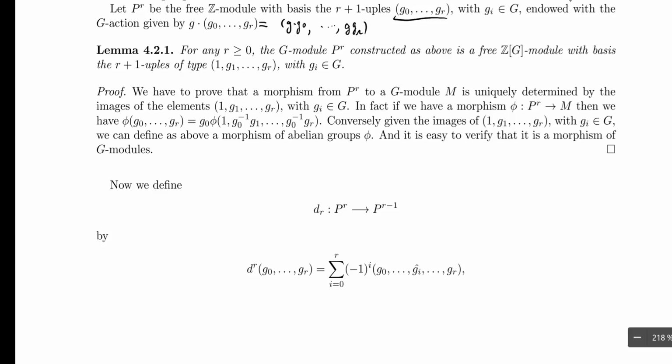Notice it is a free Z-module with basis all the (r+1)-tuples. So P_r is